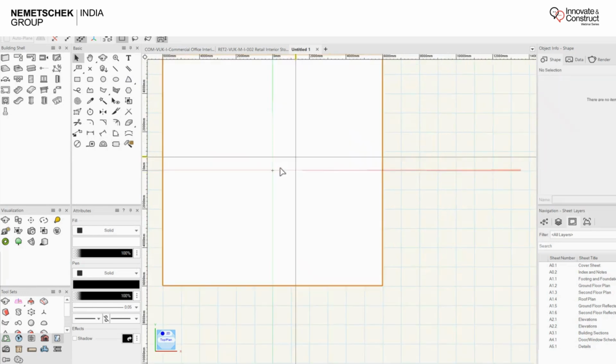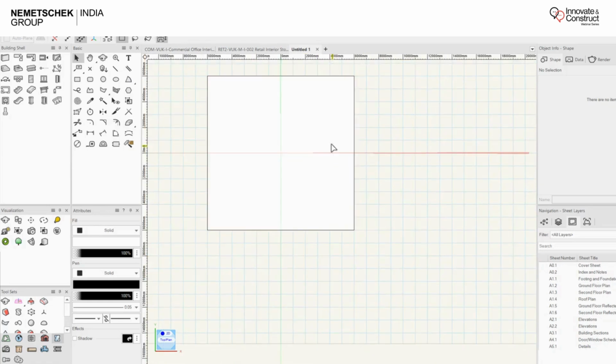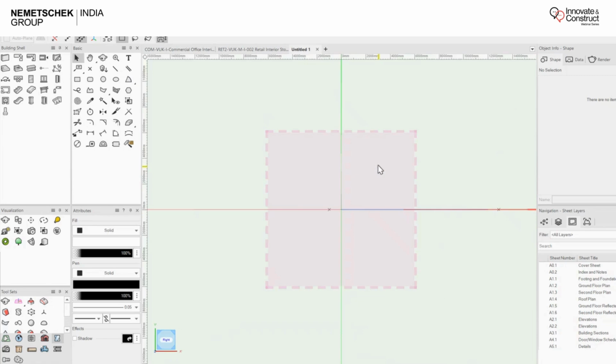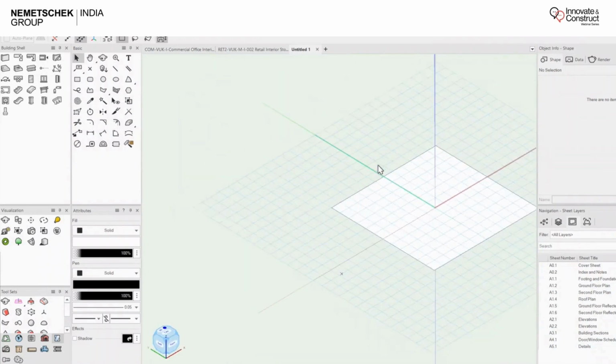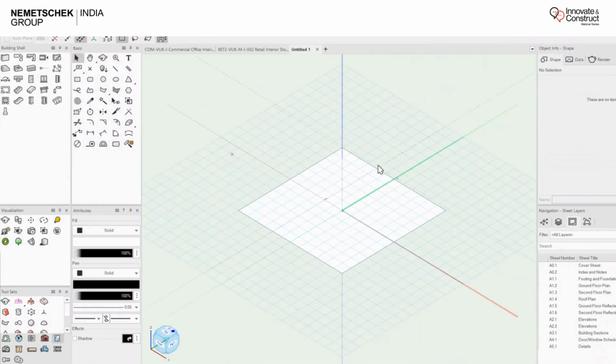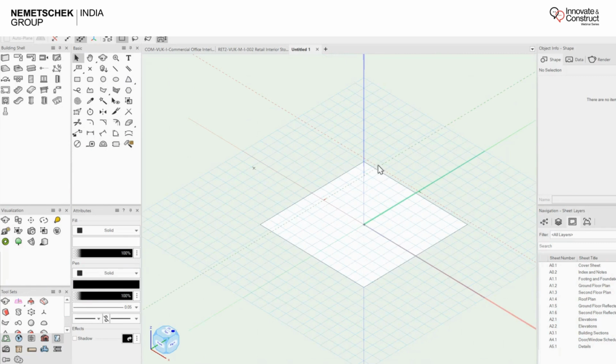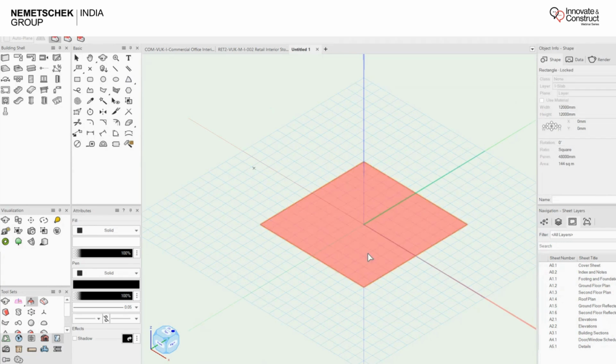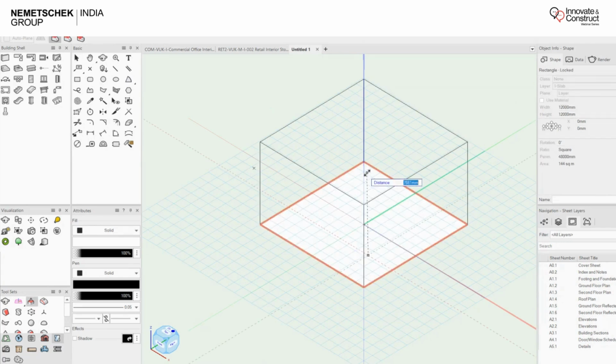So this is the 2D workflow which you are working in. You can immediately switch back to 3D. It's a really great platform where you can switch between your 2D and 3D, and it can work flawlessly whenever you want. So just to show you a quick sample, these 2D things can be quickly converted to 3D by the push and pull command, as you have in